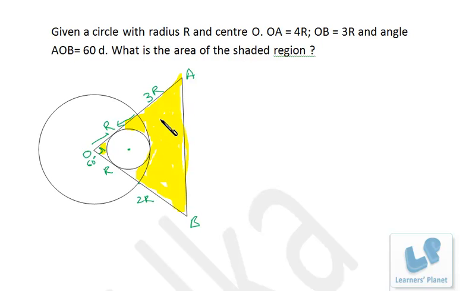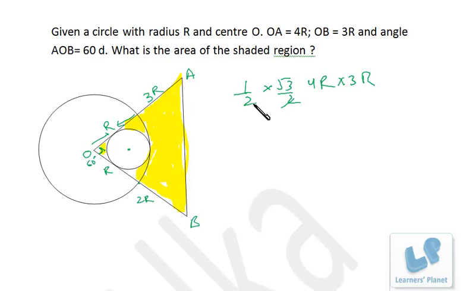So how do we do that? And how do we find out the area of this triangle? We have already discussed a good number of times the sine formula to find out the area of the triangle, right? In this case, we are given this angle, that's 60 degree. We know this length OA, that's R plus 3R, in all, it is 4R. We know the length of OB, that is 3R, right? So two sides and included angle we know, then we can find out the area of this triangle, right? That's half sine 60 degree. Sine 60 degree is root 3 by 2. So half sine 60 degree and product of included sides. So OA into OB, so that's 4R into 3R.